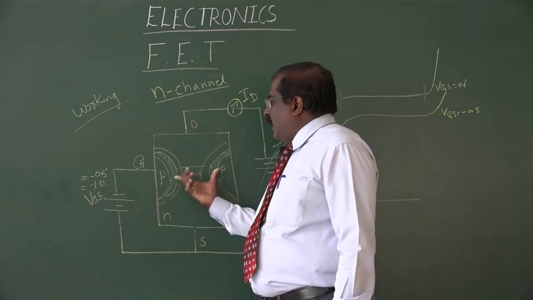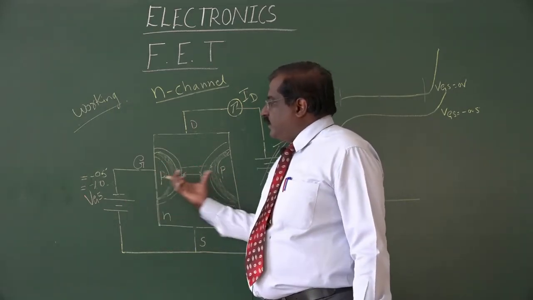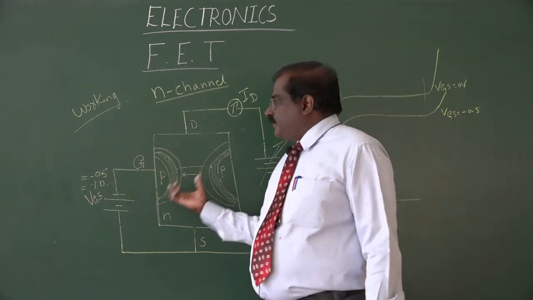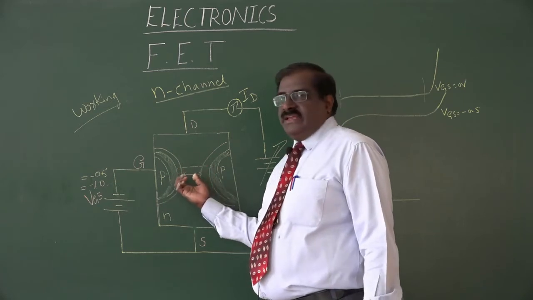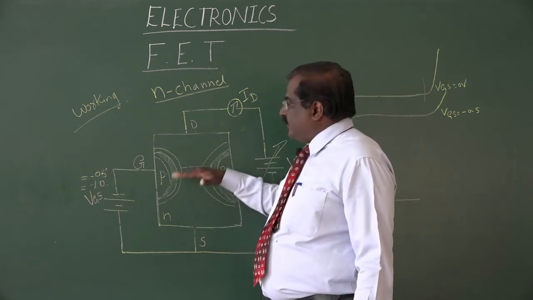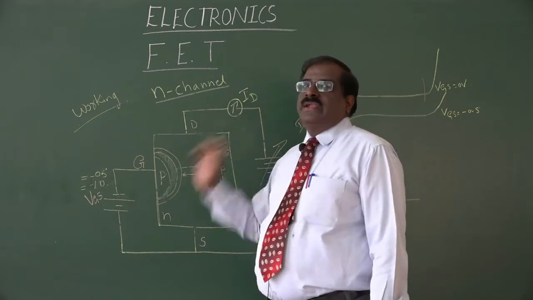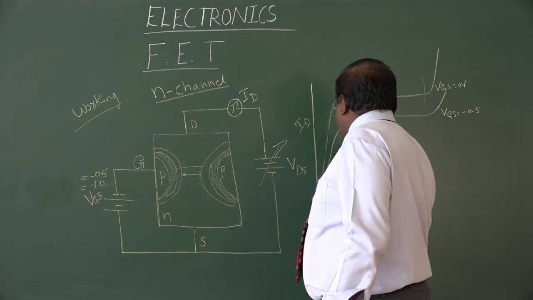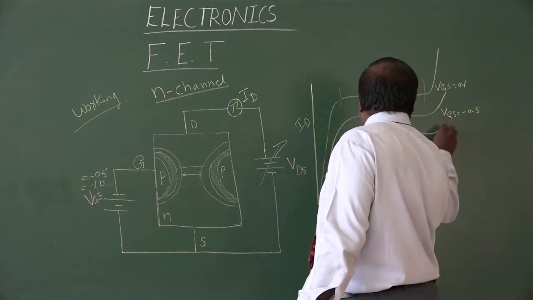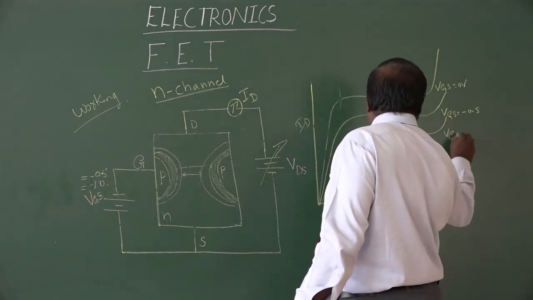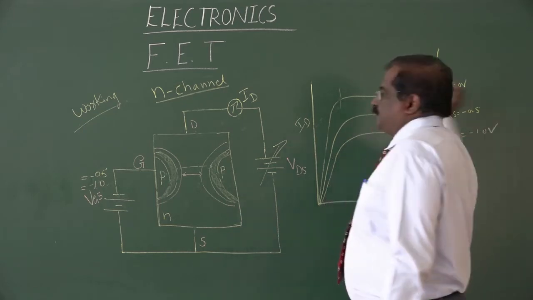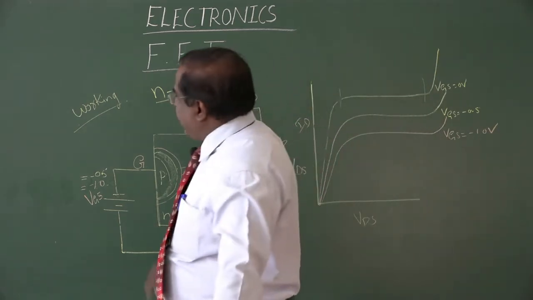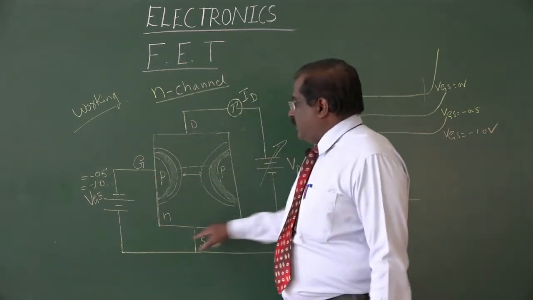Okay. So as you increase the reverse bias, there will be a formation of depletion region, right? As the depletion region increases, the majority charge carriers flowing from source to drain will decrease. So at that time the drain current goes on decreasing. So VGS equals minus 1 volt. Once more I will recall, for the N channel FET, we take an N type